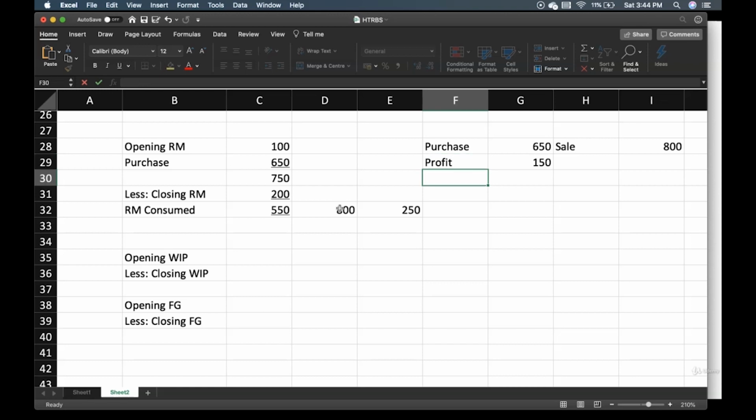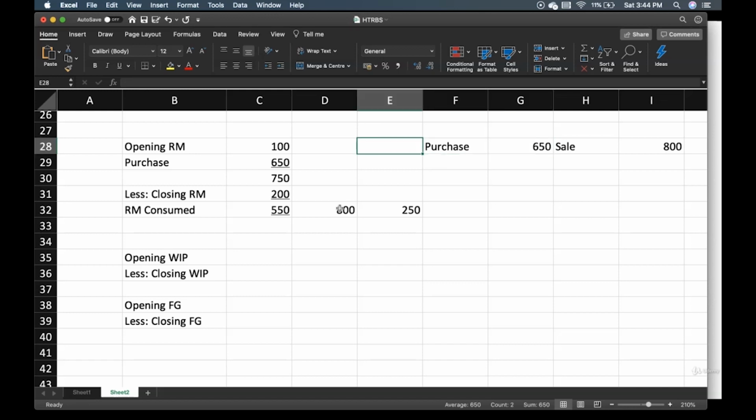Actually, this is not profit. This is your cash balance. Okay, why is this not profit? Because you have not sold all the purchased goods. Okay, and one more thing, you cannot look at it in isolation, because you have sold for 800 and you